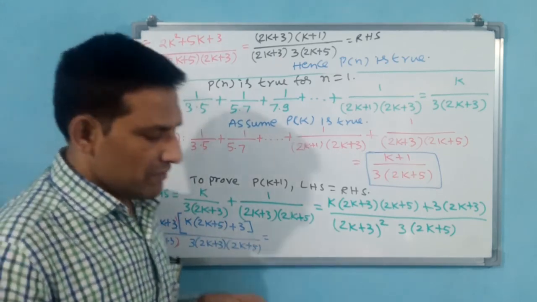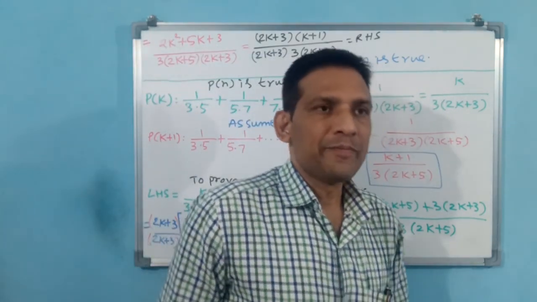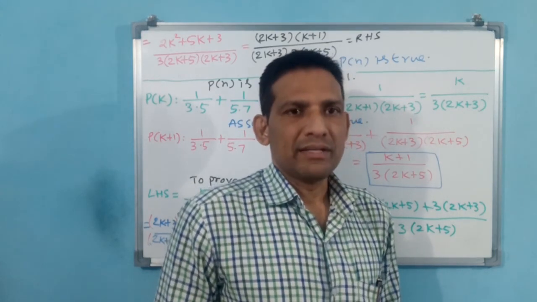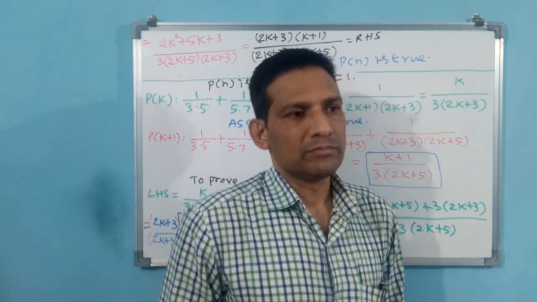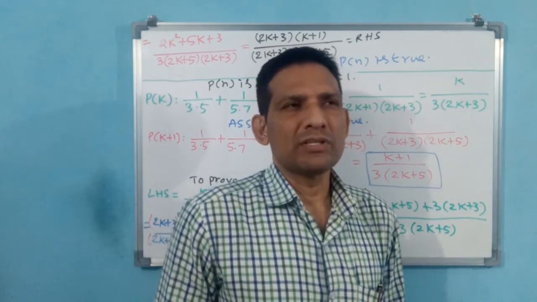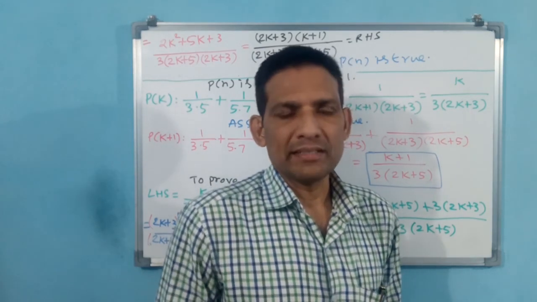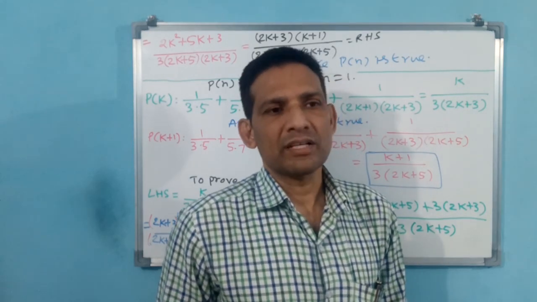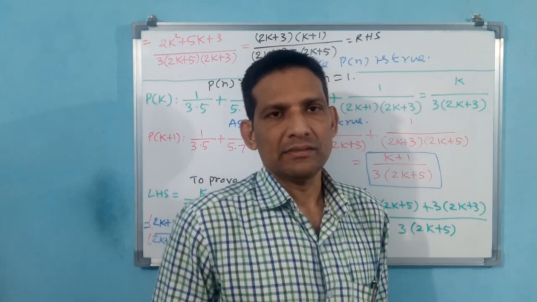Now we finished the 17th question. What we do, we stop this class here only. Next class, we will try to solve the remaining questions from 18 onwards. Why? Because see, 18 to 24, that is 18, 19, 20, 21, 22, 23, 24, 7 questions are there. We will try to solve these 7 questions in the further 2 classes. Why? Because within 1 class we are not able to complete this. Another 2 classes are required to complete this mathematical induction. Thank you very much.